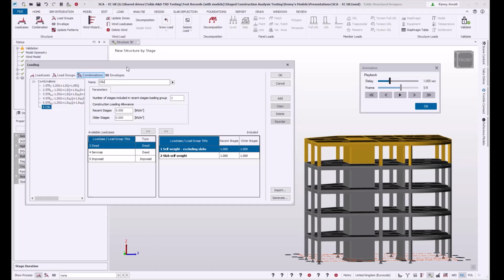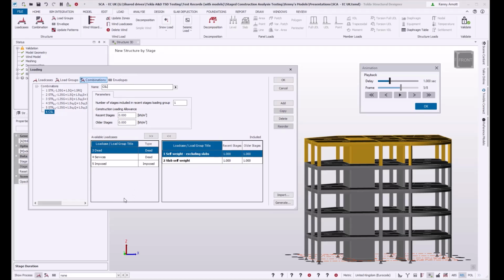And so when it comes to loading, we work with all the loads you've normally defined and introduce those onto the various stage models. We have this concept of recent stages and older stages. With the recent stages set to the default of 1, the model over here is showing the newest structure, that's the recent stages, and all of these would be older stages. I can change that if I want, but again, I'm going to accept the default that the recent stage is just that latest floor level.